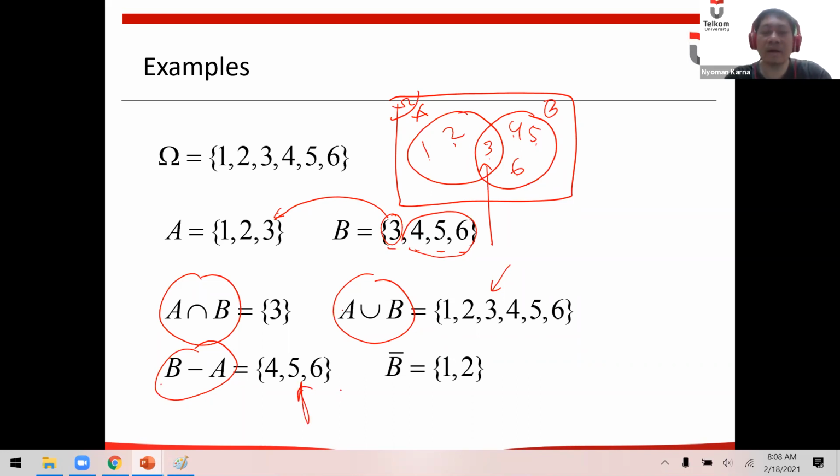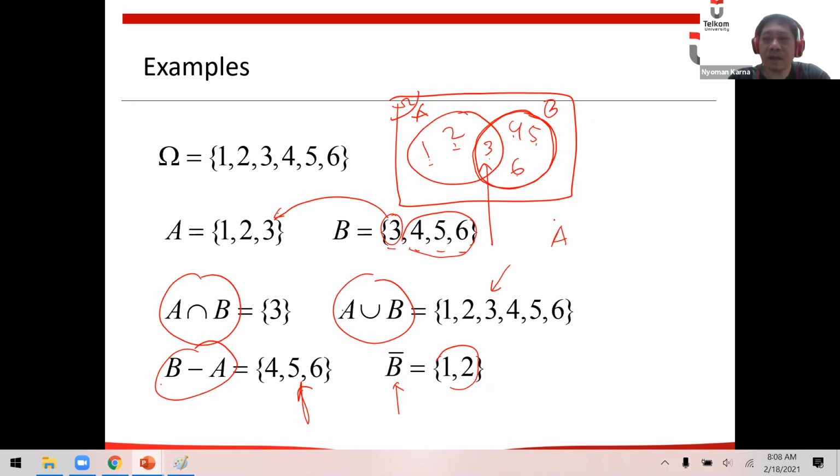Now, what is the complement of B? What is the set that has the elements outside B? This is B. Outside B is 1 and 2. So this is the set of not B. Now let's try another example.